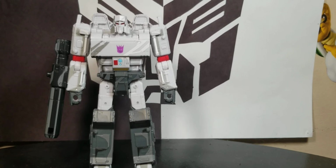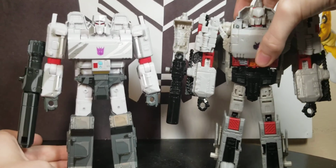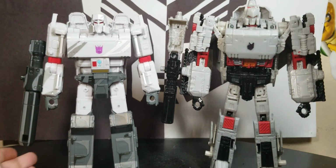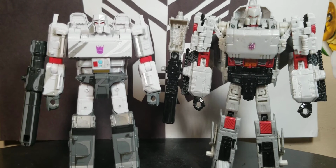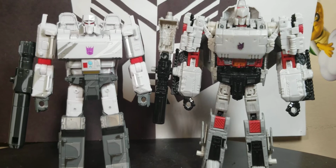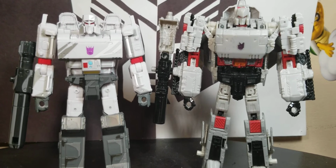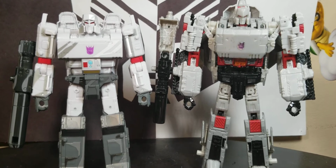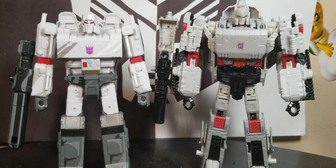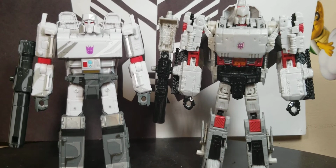Bringing in the last version of Megatron that I had for my classic shelf. You can definitely tell this one was going for a more realistic vibe, and of course it was always meant to be Blitzwing. So, you can see even him, he doesn't have the gun chest. I mean, that barely even looks like a scope. And of course that one's a headmaster, so they had a little bit more restrictions and stuff,